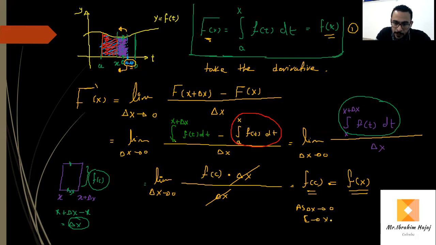And so when delta x approaches 0 also, you conclude that f of c approaches f of x, and this is the first part of the fundamental theorem of calculus, that f capital of x represents the entire derivative of f of t,